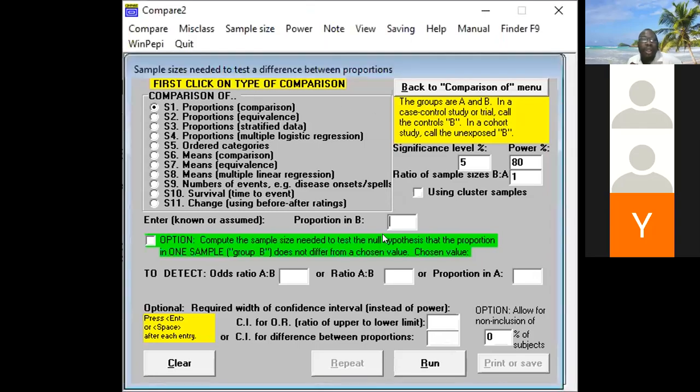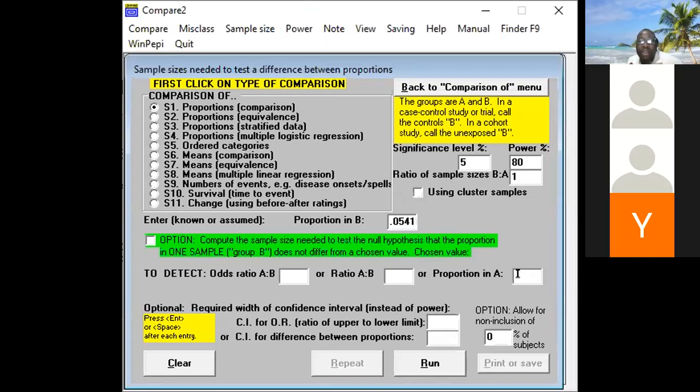So this one is 0.541. 5.4% is 0.541. No, it's 0.0541, I think. It's 0.0541. You have to type it as a decimal. Then you now say, okay,